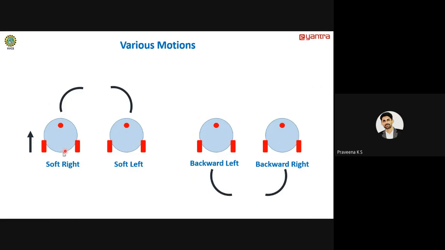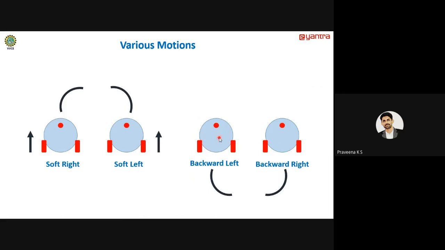Right? That means it can take a wide turn. Because we have space, it can take the wide turn. So that is where the soft right is going to help you. Where there is a space constraint, like corner diversions, you can take the hard turn. In this case, you can take the soft turns. And even for soft left, the right wheel will be moving and the left wheel will be off. So that it will take the wide turn like this.